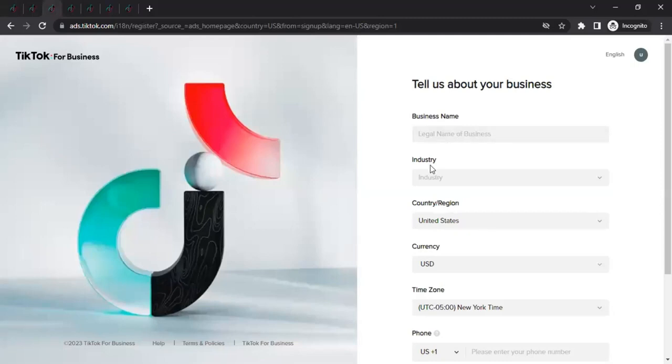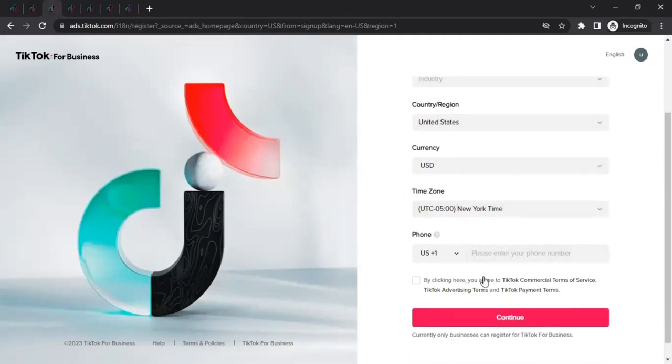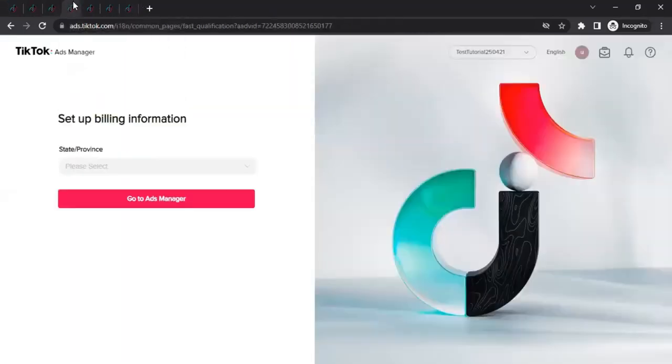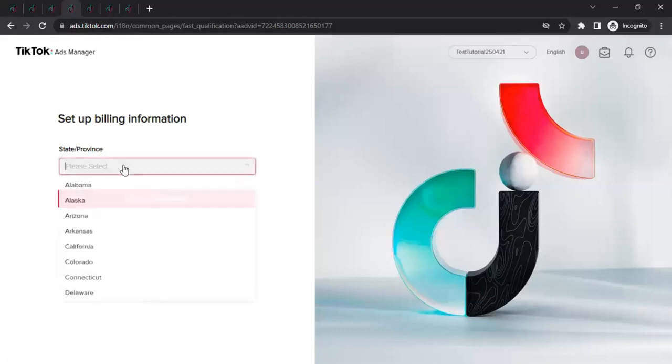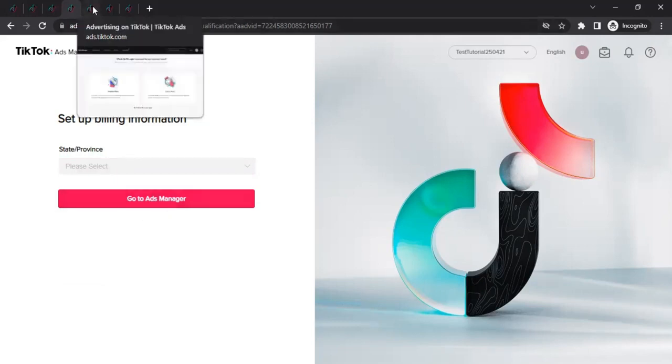So you can mention your business name, the industry, country, currency, time zone, and the phone number. And then you can read through the terms of service, the payment terms, and advertising terms. Tick mark this and click on continue. When you do that, it will take you to the next page where it will ask you to select your state or province. So depending on your location, you can select your state or province. Thereafter, you click on Go to Ads Manager, and this is where it will take you to TikTok Ads Manager,